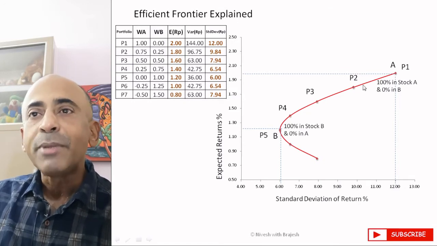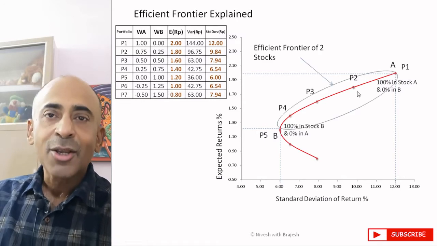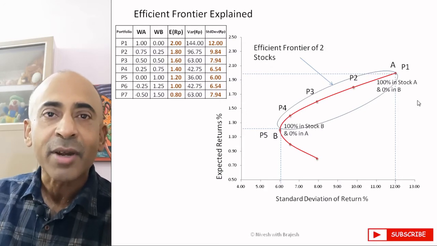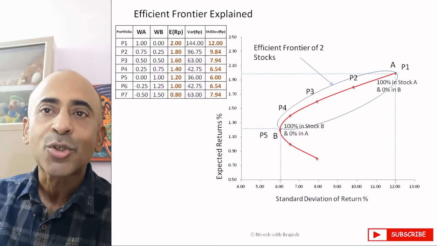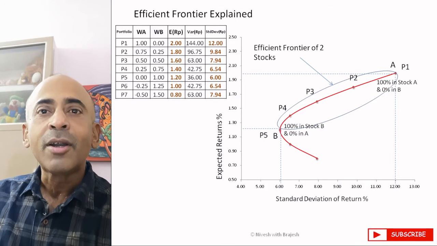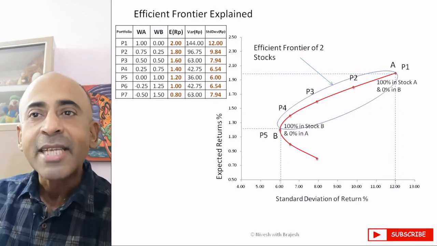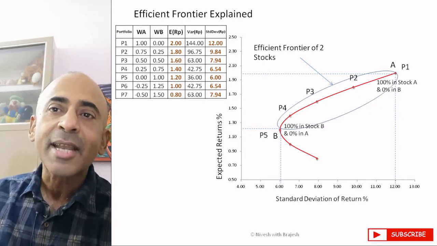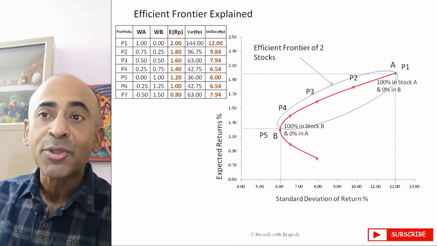Points P1, P2, P3, P4 lie on the upper branch or outer portion of the curve, commonly called the efficient frontier. Yes, this is the efficient frontier. Now we got this curve taking different weighted averages of the stocks that we can buy as investments. Every single dot on this curve corresponds to a specific portfolio or weighting. By changing the weights of stocks, you can change your position on the curve and hence the risk and return characteristics of your portfolio. Now let's see a couple of assumptions here.